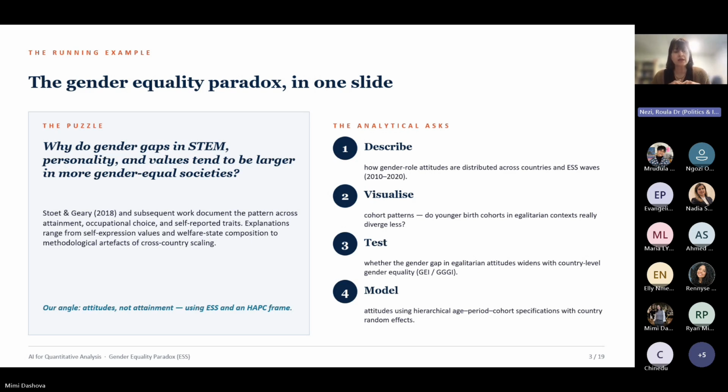We're going to be working on the example of the gender equality paradox. As you may know, today there is a lot of discussion about the emergence, to a certain extent, of the issue of gender equality, and also the fact that many parties today, but also many individuals, tend to be forming different opinions on gender equality. And no matter how you measure it, if you're looking at, for example, individual level attitudes, or if you're using different proxies of gender equality, like, for example, gender gaps when it comes to STEM, we see a very similar trend, which is a paradox, basically,